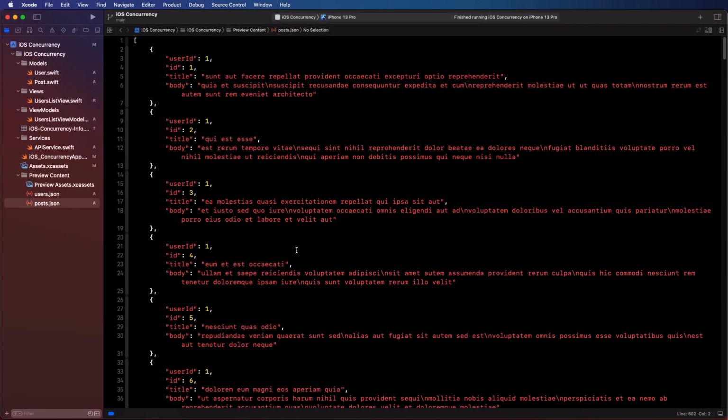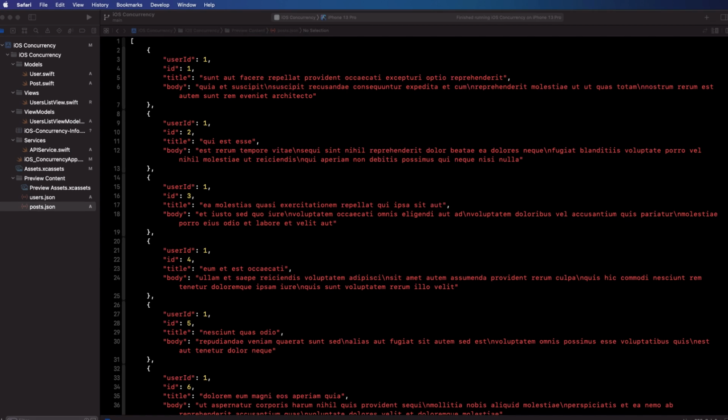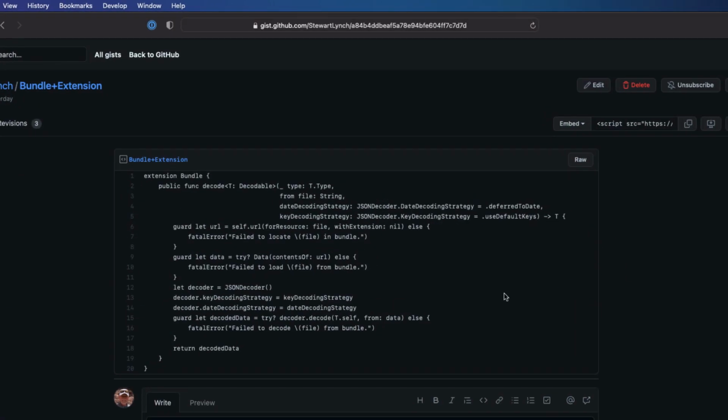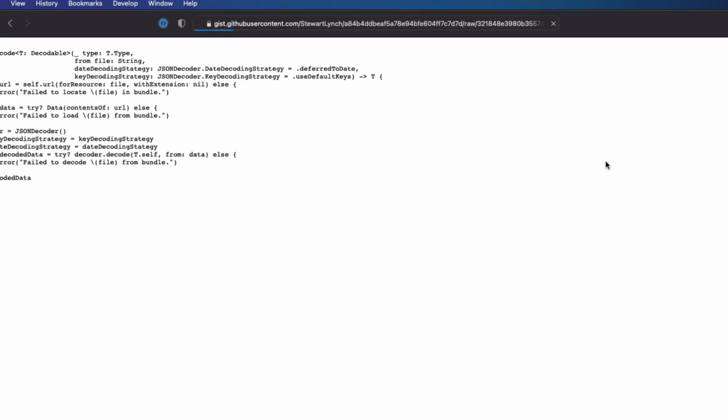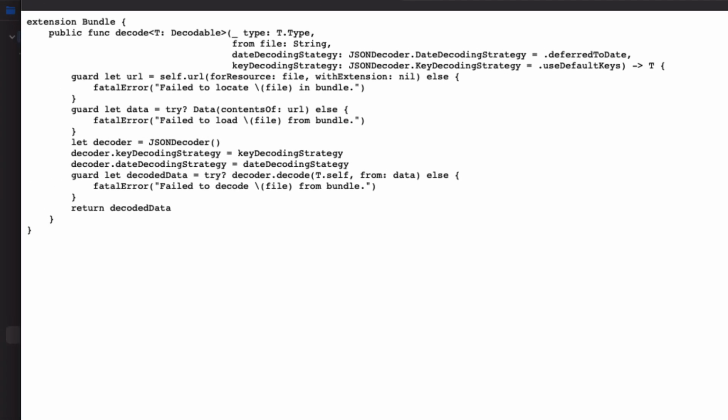This content is now located in your application bundle during debug mode. So we'll need to somehow access that. And I'm going to create an extension to Bundle that will easily decode this data so long as it is a decodable type, which we know ours is. I'm going to share with you an extension that I copied and modified from Paul Hudson from Hacking with Swift. It uses generics just like we did in our APIService's getJSON function to decode decodable objects from files stored in